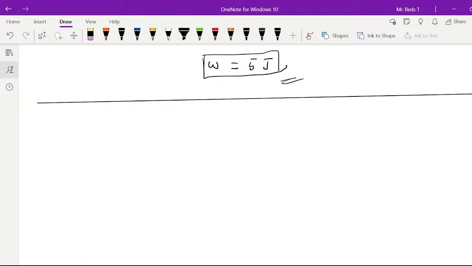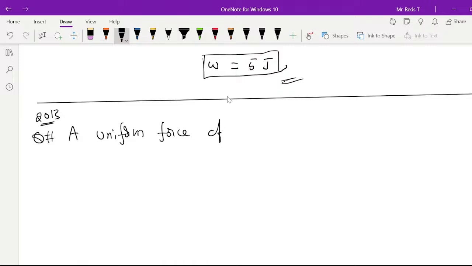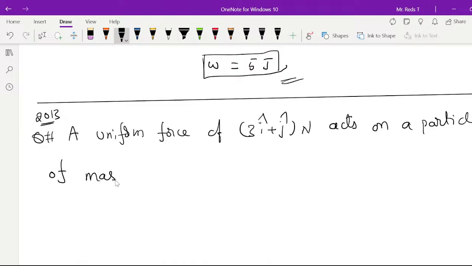The question is, 2013 question. A uniform force of 3i cap plus j cap Newton acts on a particle of mass 2 kg. Hence the particle is displaced